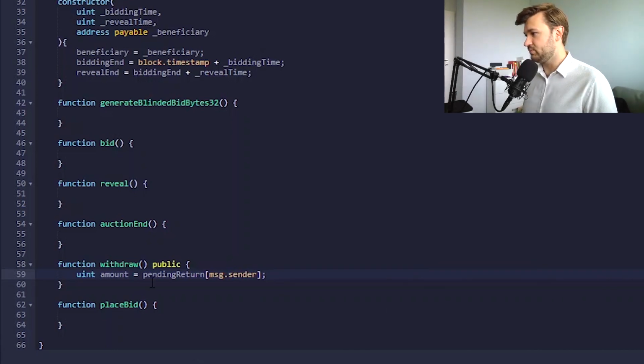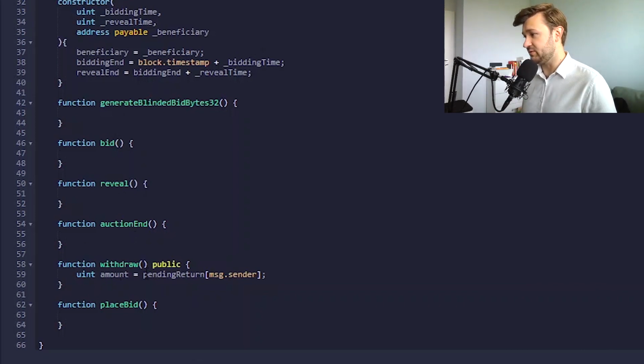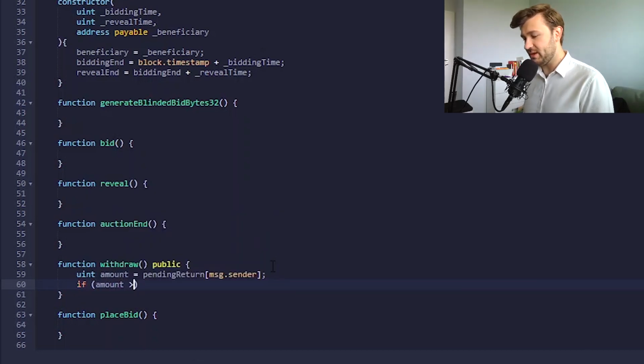Okay, so let's break down a few things. What we declared in the last video was this mapping here, which is pending returns. In this one, we're going to add all of the addresses of people that are not winners of the auction, and what amount is supposed to be returned to them, so that they can simply come here and withdraw their amount themselves. And the first thing we need to do is, of course, get the amount that is pending return for their address. So we just store it in this variable amount. And after that, we're going to make a simple verification where we check that if the amount is greater than 0,